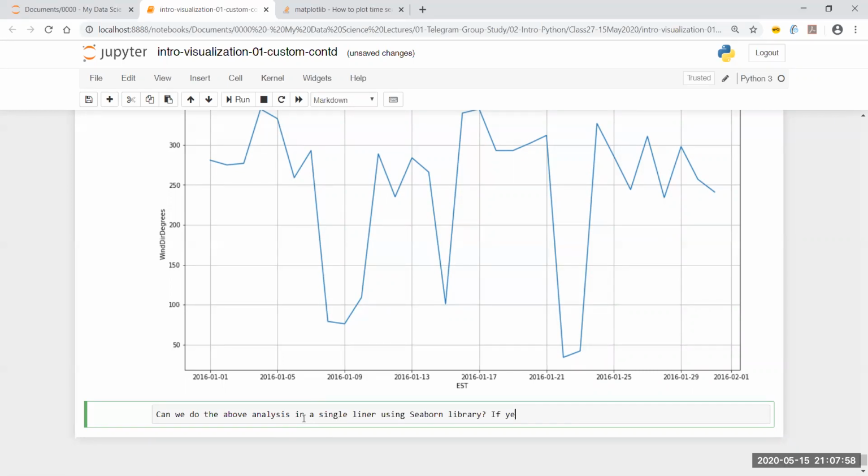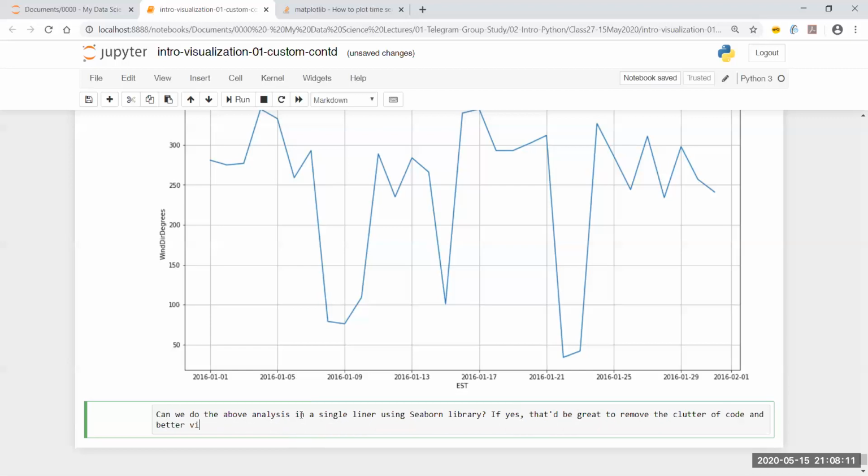If yes, that would be great to remove the clutter of code and for better visual organization. So that's exactly what we are going to try.